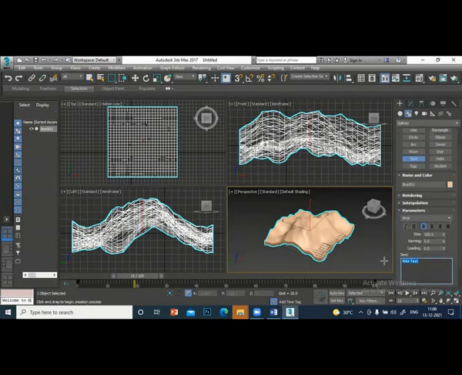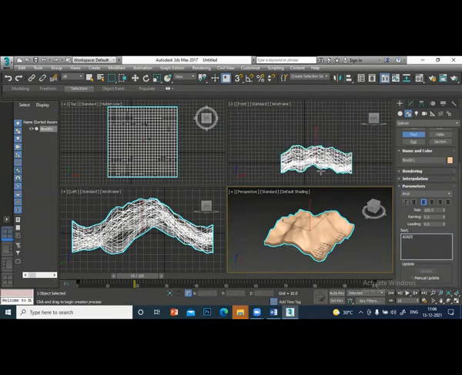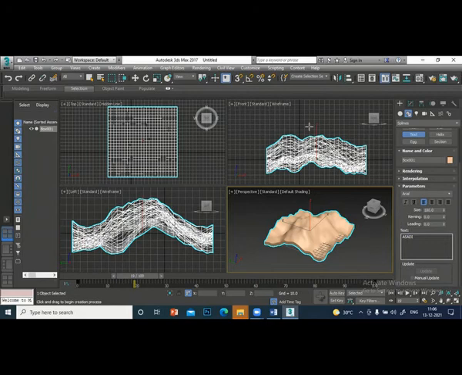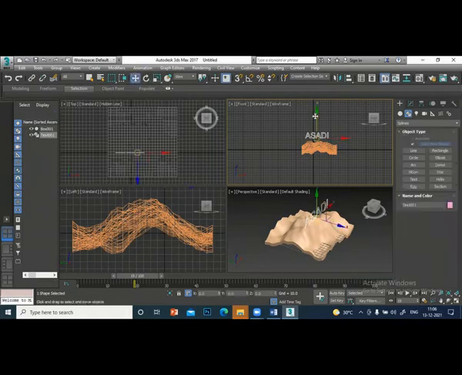I'll write here Asadi. Then I'll come here and click. The height I will make it 50. I will use the move command here. Move. We'll learn all these commands. Hold this Y direction, take it down.